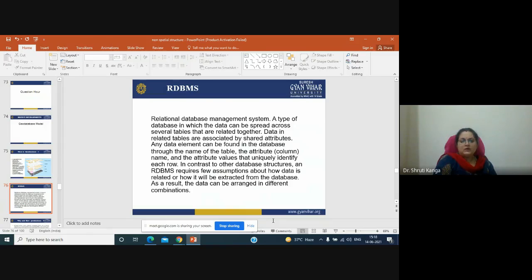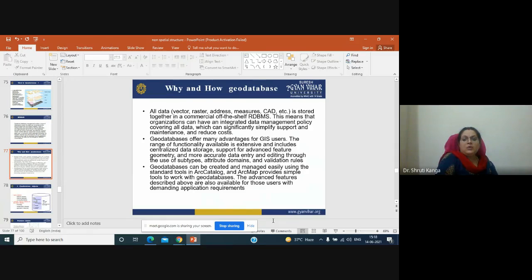Now, why and how a geodatabase? All data, whether it is vector, raster, address, measures, CAD, etc., is stored together in a commercial off-the-shelf RDBMS.